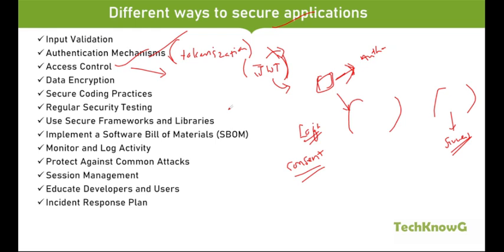Okay. So like that, you can use some tools also for this, like privilege access management tools, IAM tools. So this is how you can secure applications. This we will be seeing in detail later. Actually we don't require that, but these are some solutions you need to give to the development team. Privilege access management means it allows access to only the users who have to access that part of